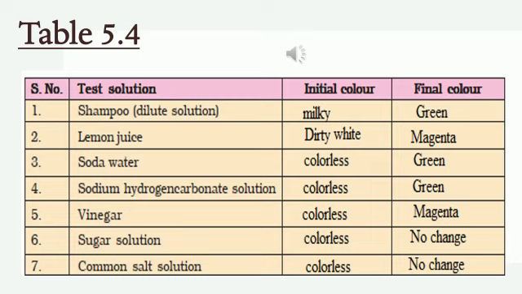Okay, as I said, children, if it is turning acidic, basic or neutral, you can see that if it is turning to magenta, it is acidic. Magenta color, it is acidic. Green means it is basic. Okay, so this is about the concept. Natural indicators show results in a few solutions as acidic or basic.